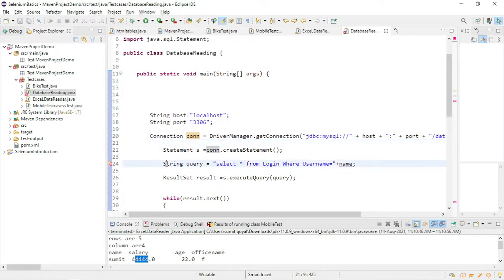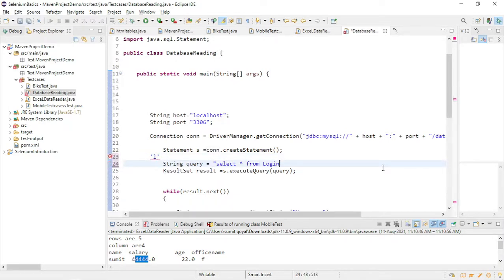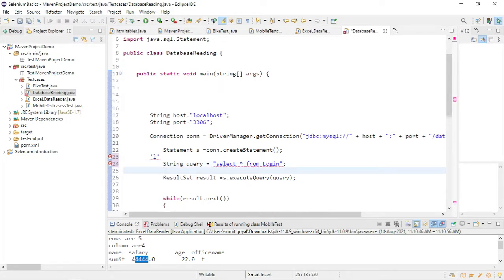Once you create this, let me check first. Okay, let me do one thing. I want to select all the data. Let me try to select. Let me first check whether till this part no error is coming.